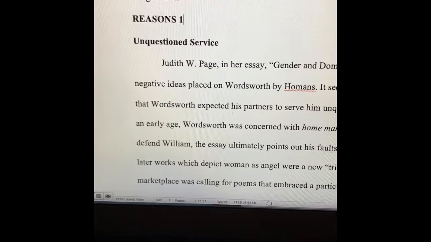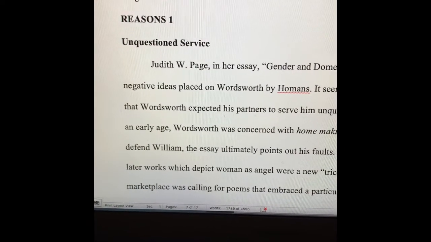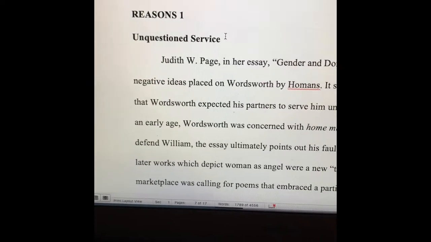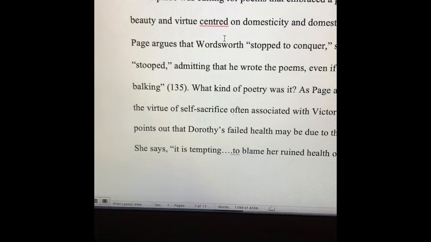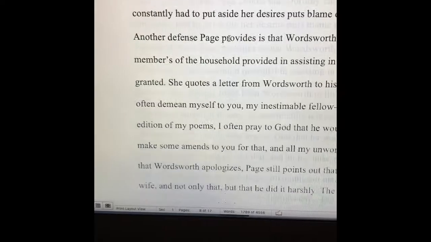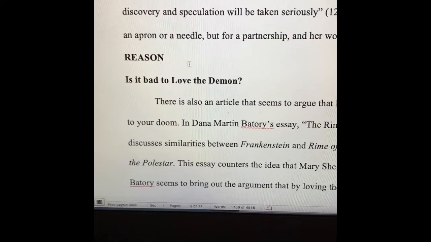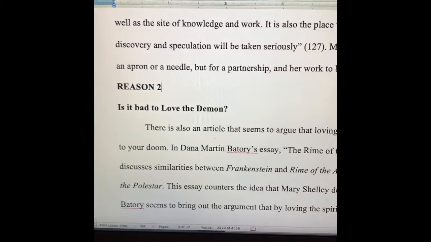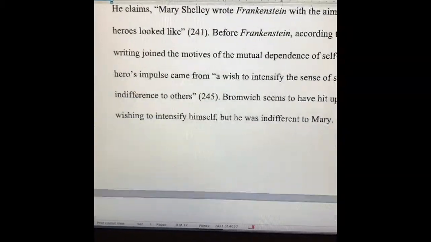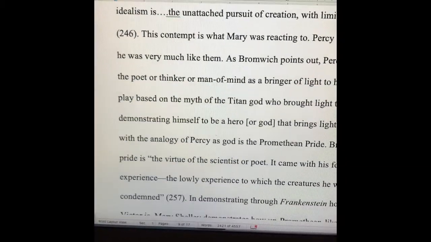So you'll see things like reason 1 in uppercase and bold, and then the subheading for the topic, which does not replace the topic sentence. It just gives the reader information on where we're at. And then things like reason 2, right? And then after you get your reasons, we can go into